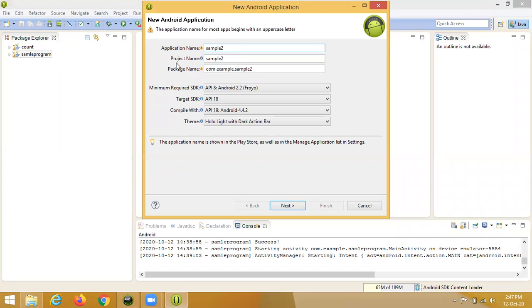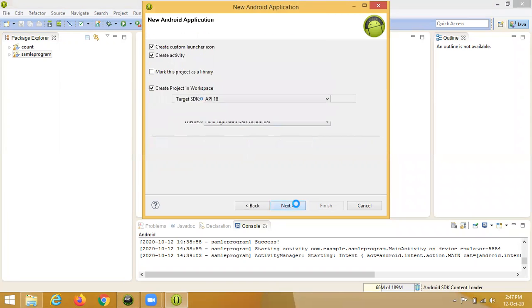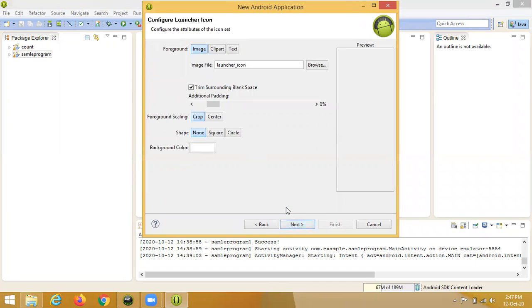We create a name and application. Rest all as it is. Don't change; if you want to change, the program will be slightly changed, and you need to change a little bit of program coding. Just give simply next. If you want to give an icon, it depends upon you. Select the icon, select the clip or text, browse, and select it.